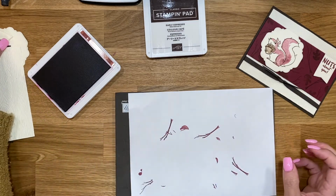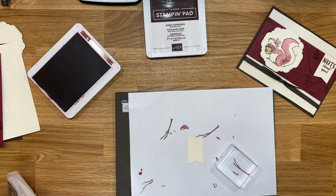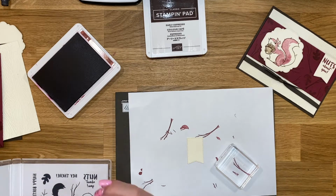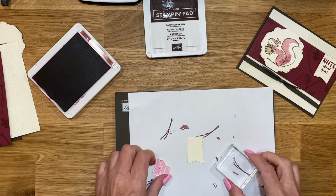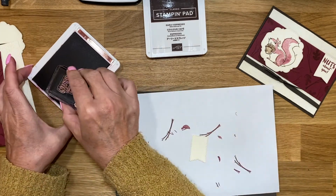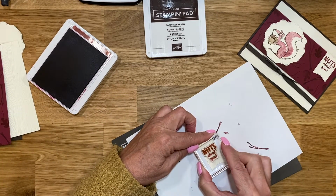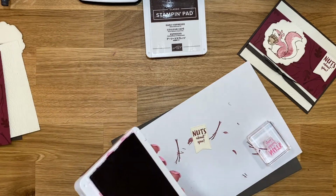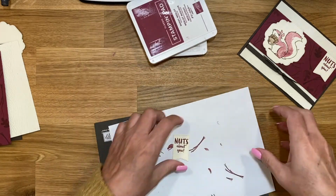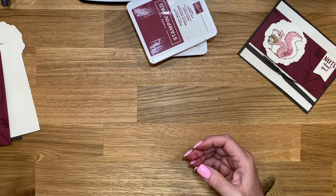While I have the Mary Merlot open, I'm just going to go ahead and grab another tiny block. And let me grab the sentiment that I'm using. And we can stamp that really quick. So just put that on your block. We'll ink it up in Mary Merlot and then just turn that as straight as you can get it and then just stamp it right there in the center like that, okay? I'm going to close this up. We are going to use it here again in a minute, but just so I don't make a mess, I'm going to close it up so I can kind of move everything out of the way and bring in the